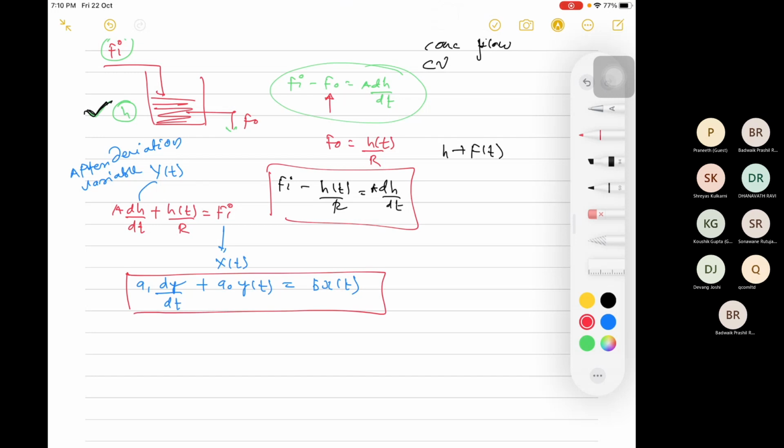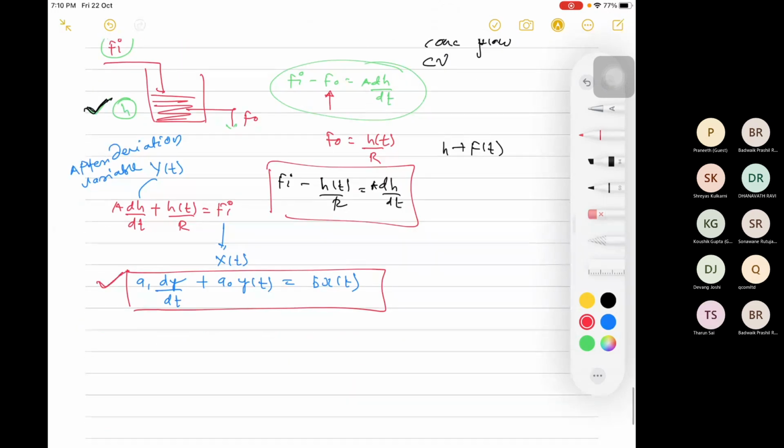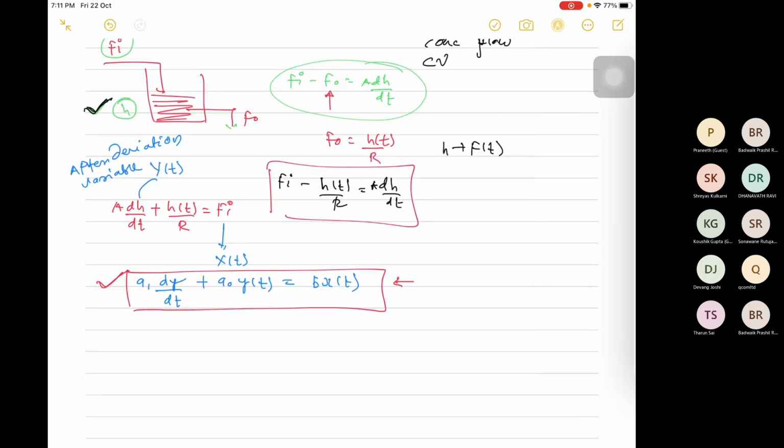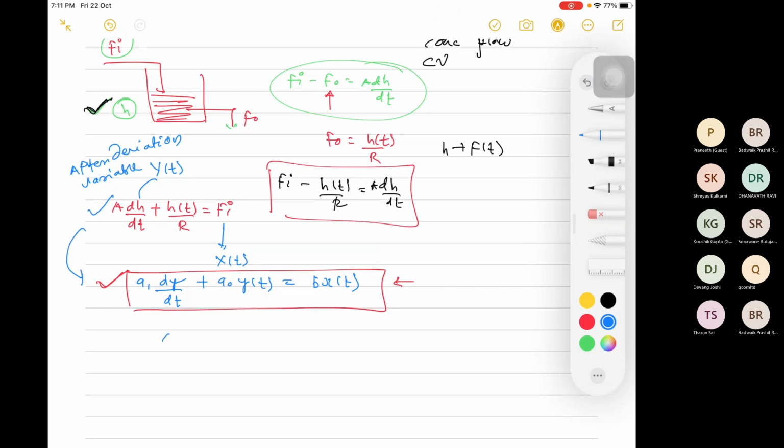Okay, so always what you need to do is express every equation after modeling in this form. In the case of height, I have shown here that your equation is of this form. What is the value of a1? Compare. What is the value of a naught, what is the value of b, what is the value of small y, what is the value of small x? Input and output, what are the values? Compare.